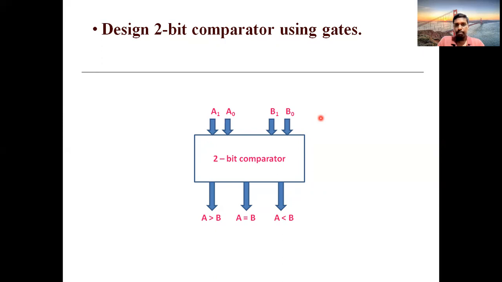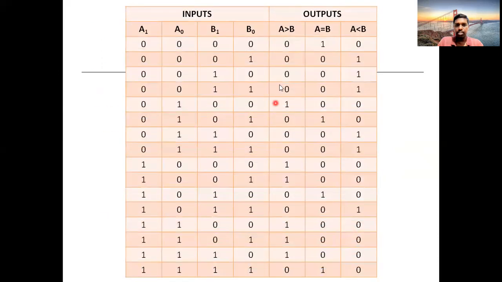This magnitude comparator is very, very important. Mostly the logic diagram, or the circuit diagram, will be asked in the exam in the case of 4-bit. Suppose it is 2-bit, then the entire question is asked like this. You should draw the diagram and then clearly frame this table and verify that only a single one is present in each and every row of the output section. Only these three columns will be your output section, and a single one should be present in each and every row.